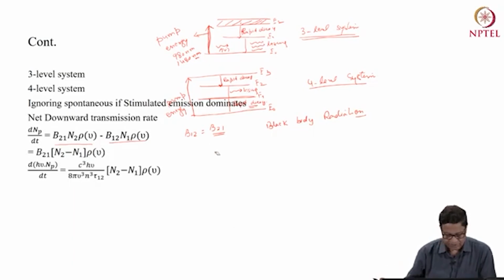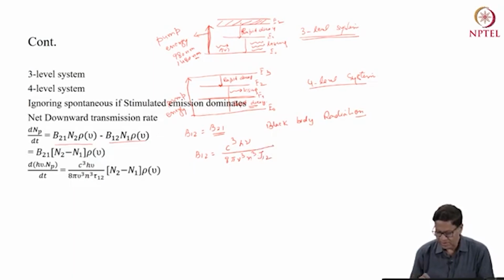So the value of B21 or B12 will be c cube h nu over 8 pi nu cube n cube tau 12,